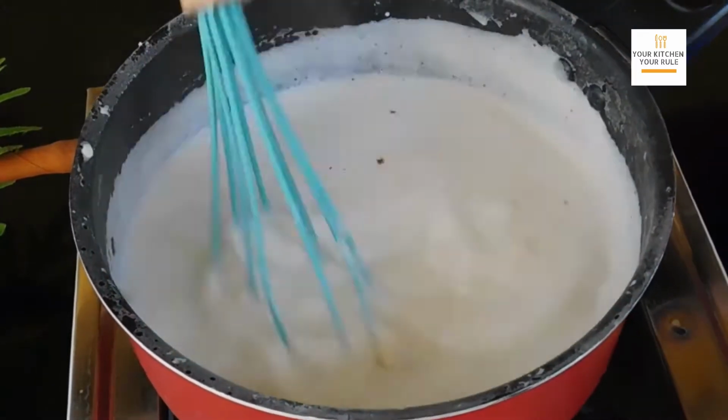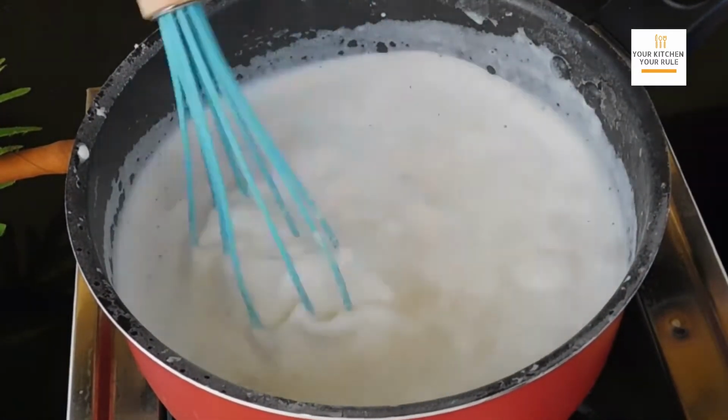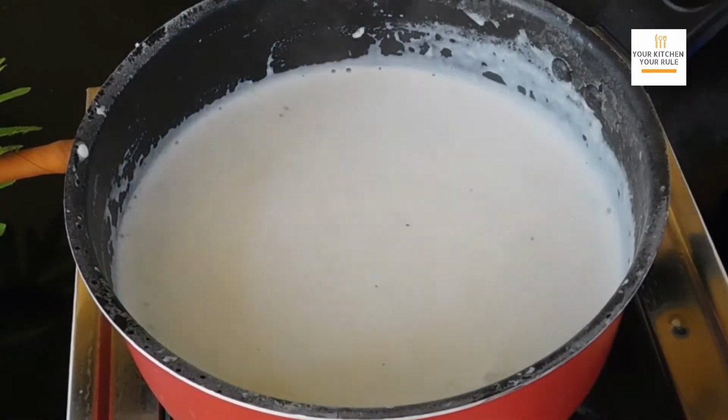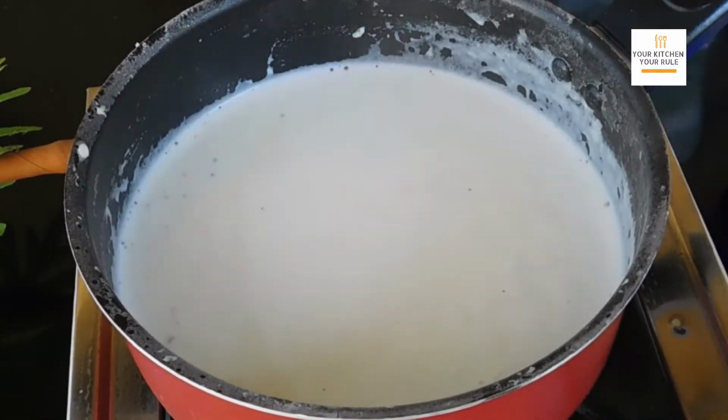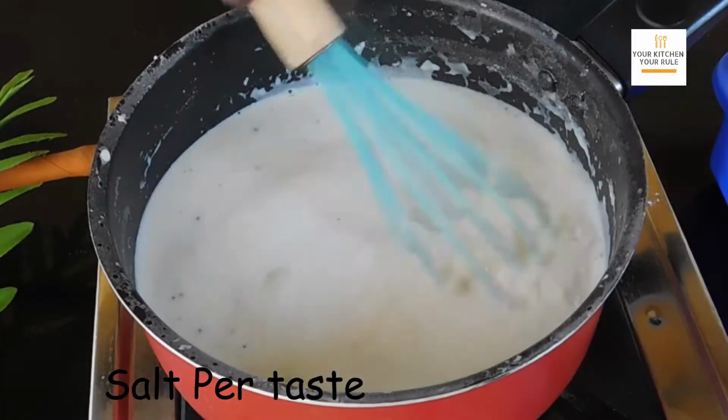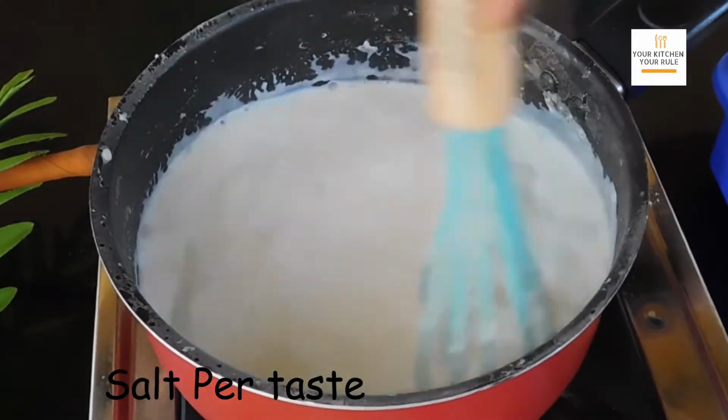Keep whisking while you add the spices, otherwise the spices will form a lump due to hot sauce and it will not get incorporated with the sauce, so keep mixing. Now salt, sugar,